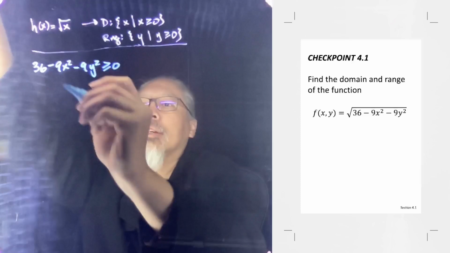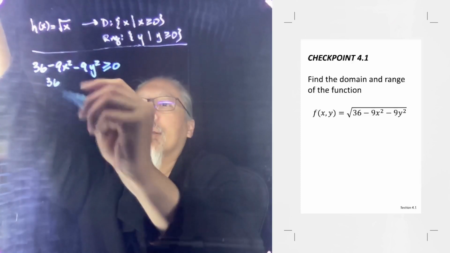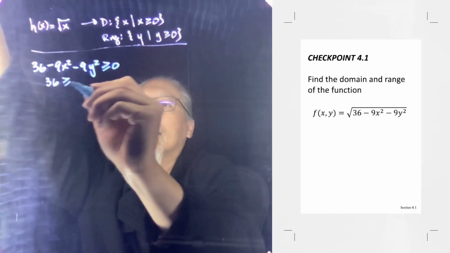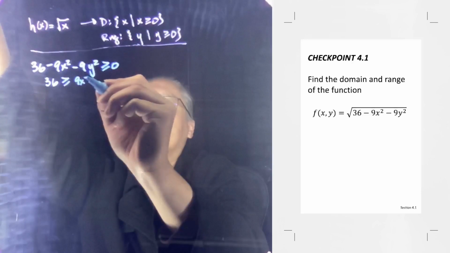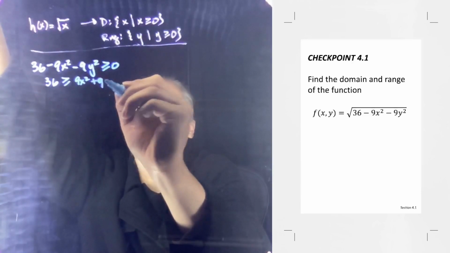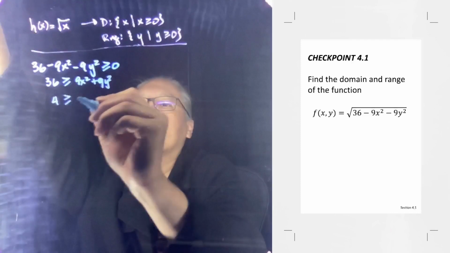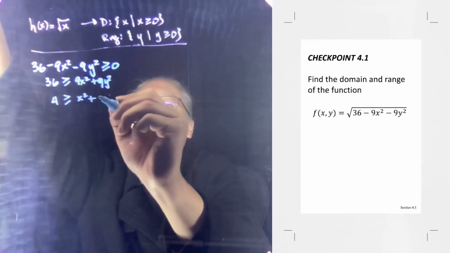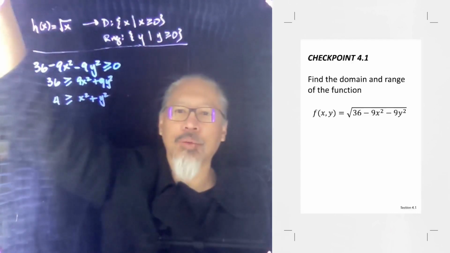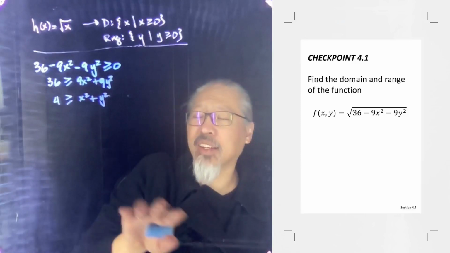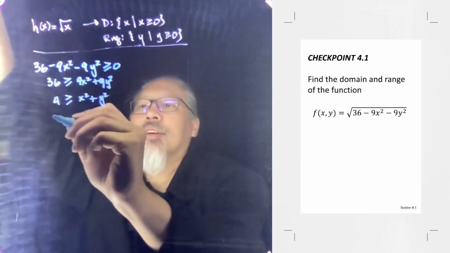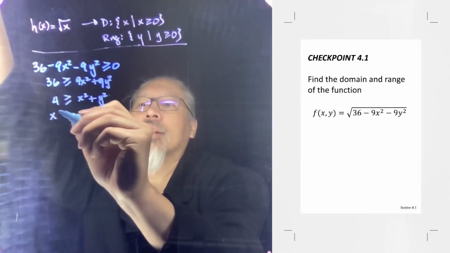If we get things over to the other side so that it's all positive, and we divide out by 9, we see that we have a combination of x squared plus y squared on the right hand side. I think I might be more comfortable if we brought this over to the left hand side